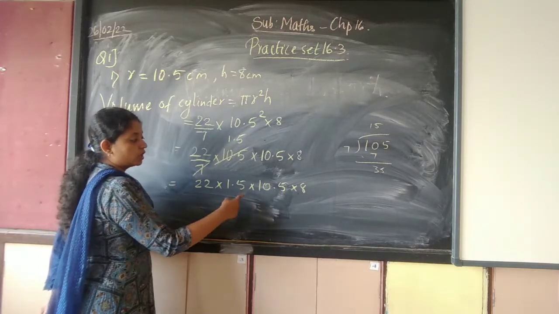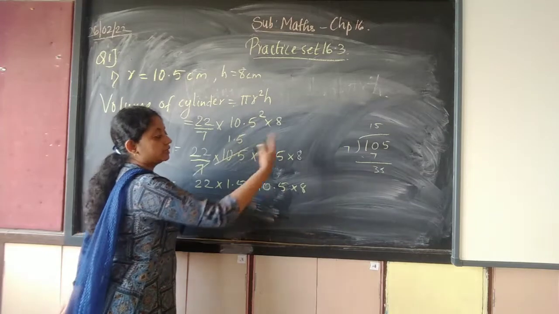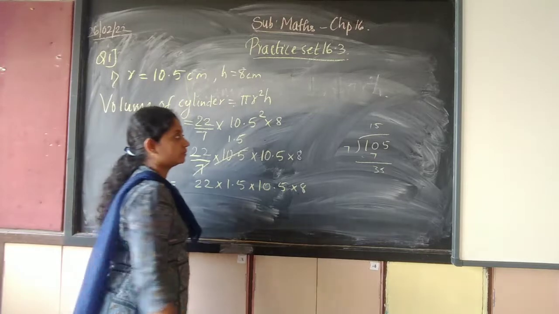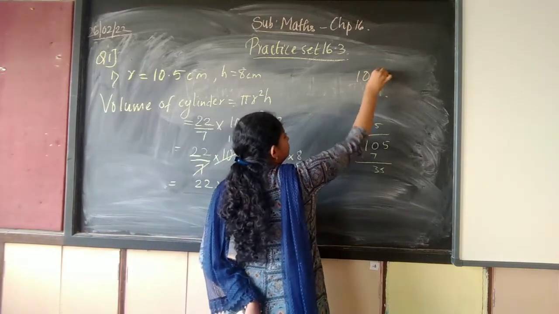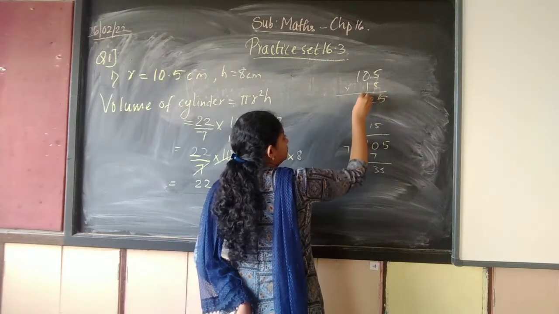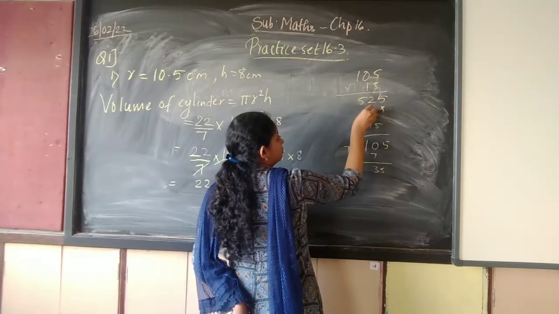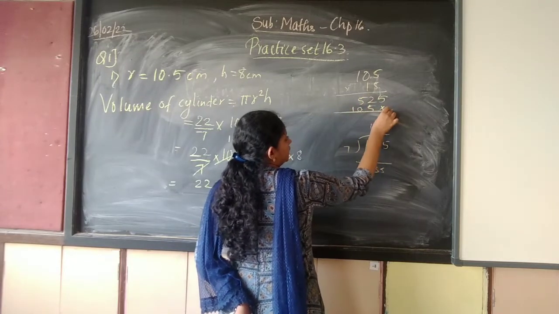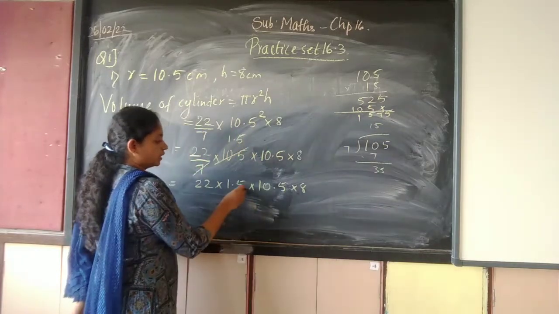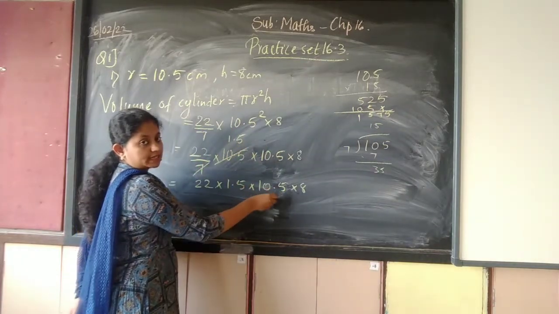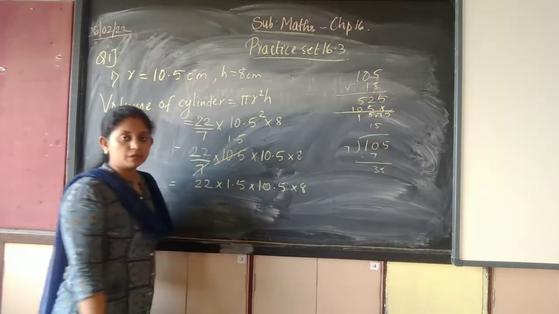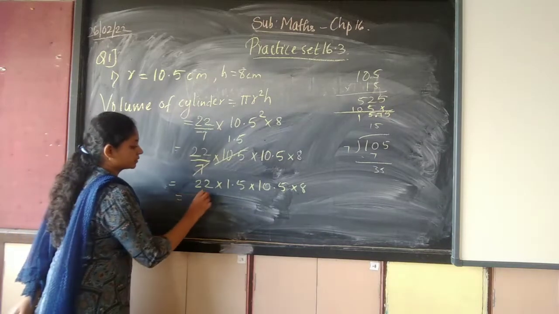You can multiply these two. Then what answer you get? Multiply with this and then multiply with this. Now what I am going to do is 105 into 15. 5 5s are 25. 5 ones are 5 and 1s is 1. What answer are we getting? 1 5 7 5. Decimal point before 1 2, because in both places there is a decimal point before one number. So total before two numbers you are going to put decimal point. So what is your answer?